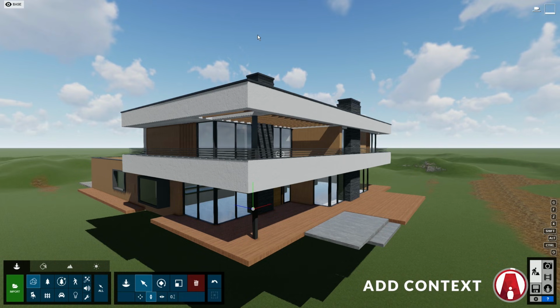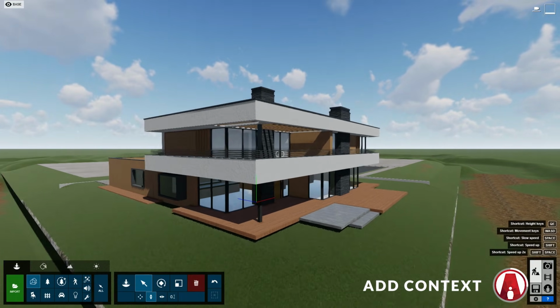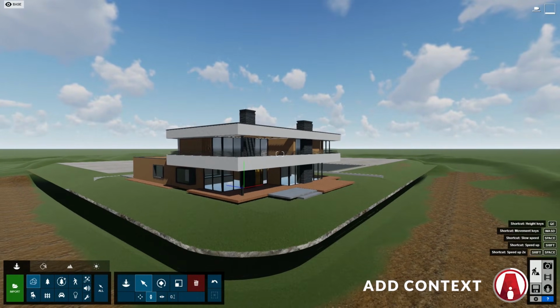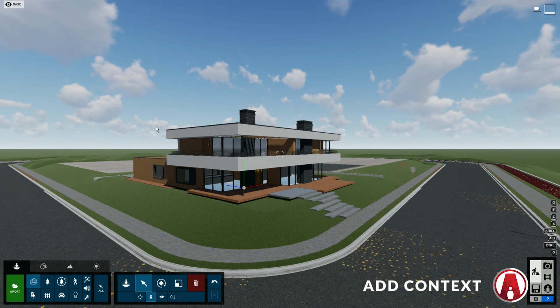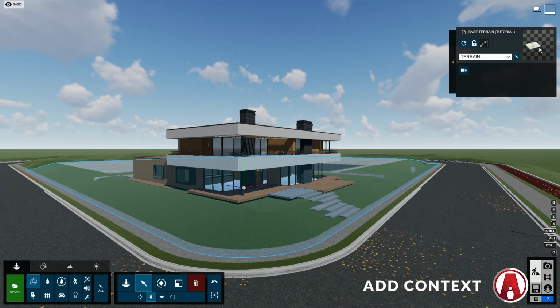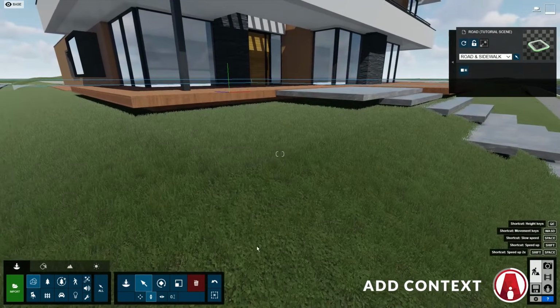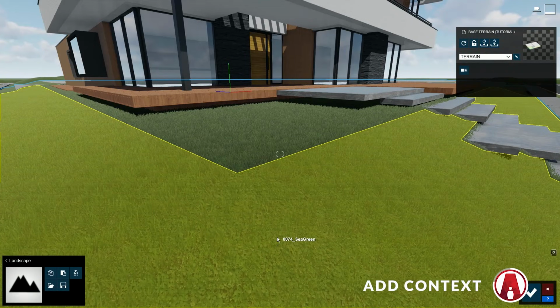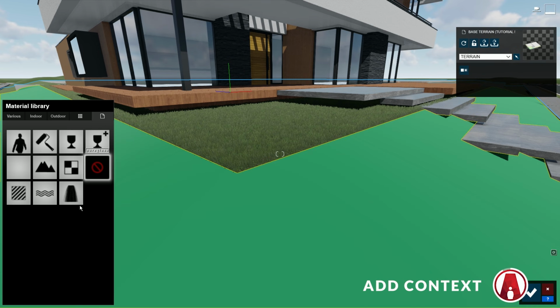Next, let's work on adding context around the house. If you remember, we already have some elements like road and terrain in separate layers, which we turned off at the start of the tutorial. So let's turn on the terrain layer and the road and sidewalk layer. These layers are basically SketchUp models that were imported into Lumion, and the materials have been edited or replaced to look better. For example, this material here was originally a solid green material in SketchUp, but it's been replaced with